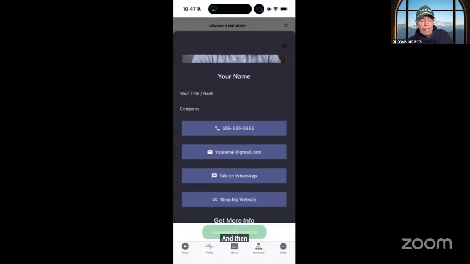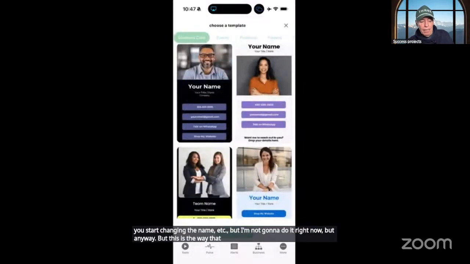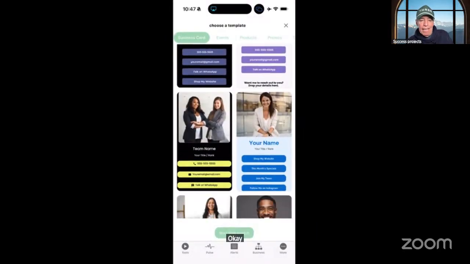And then you start personalizing all these things. You start changing the name, etc. But I'm not going to do it right now. But anyway, this is the way that I do it. Okay, it says here,